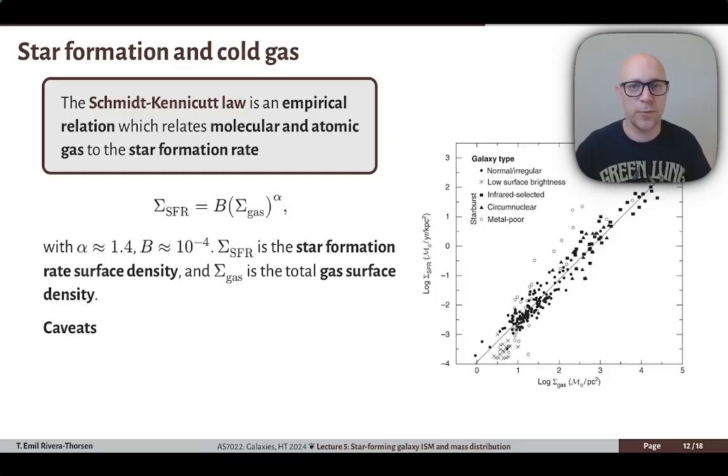So what that means is that the star formation rate surface density is the number of solar masses worth of stars that are formed per year per projected unit area, which, according to the Schmidt-Kennicott law, is related to the surface density, again, the mass of atomic and molecular gas per projected surface area, by this power law, where we have two empirical